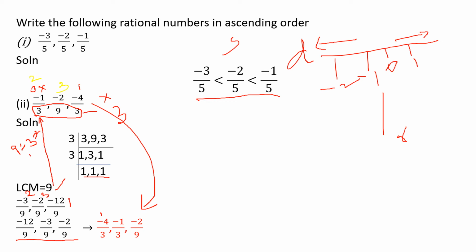Okay. So check whether you are getting LCM 9 and whether you are getting this answer: minus 12 by 9, minus 3 by 9 and minus 2 by 9. Check it. You can do it with me. This is a small calculation part. So I think all are getting this answer. Those who got the wrong answer, you can do it again. Okay, children, when you are multiplying and writing the sign, be careful. Don't leave the minus symbol. You will do the calculation, but when you are writing the answer, you will miss the minus. So be careful in writing the sign.